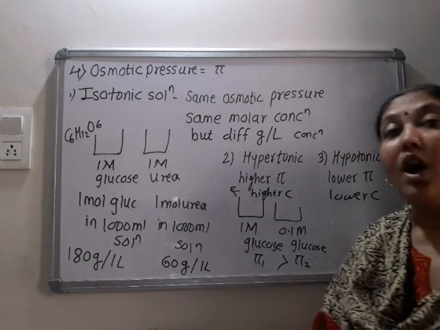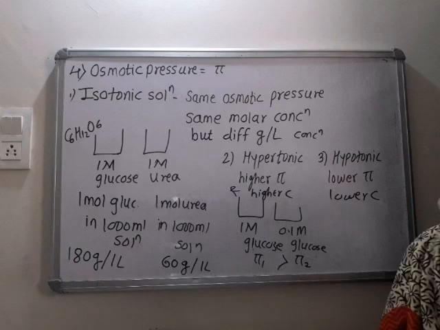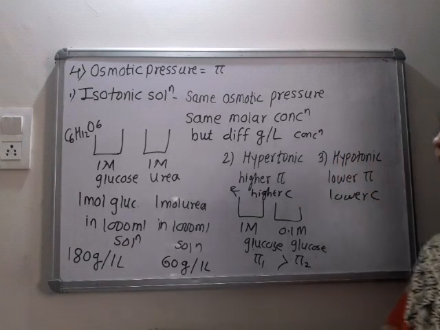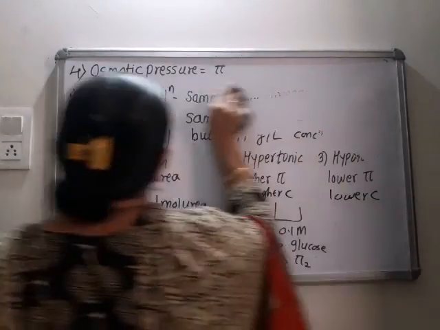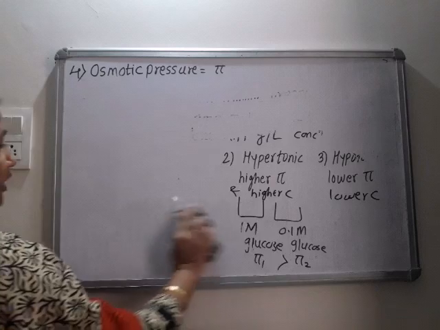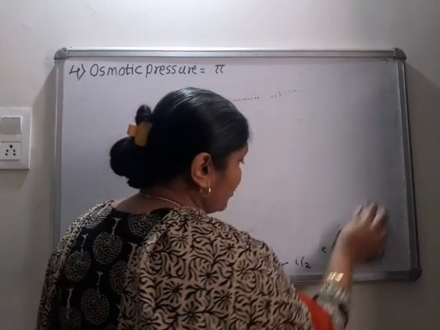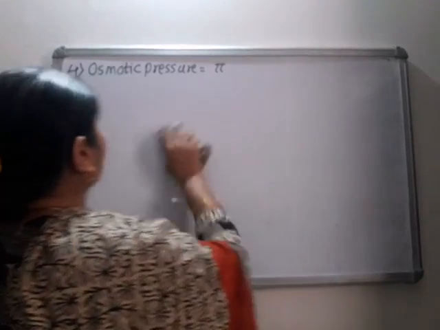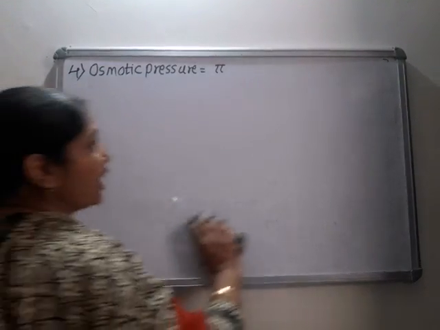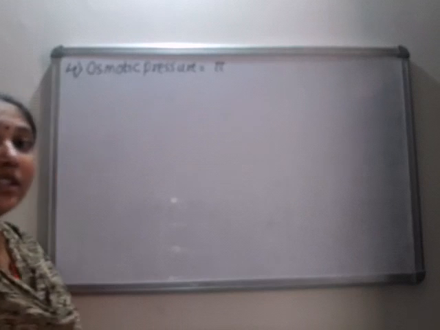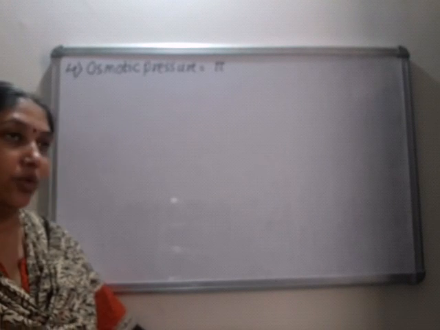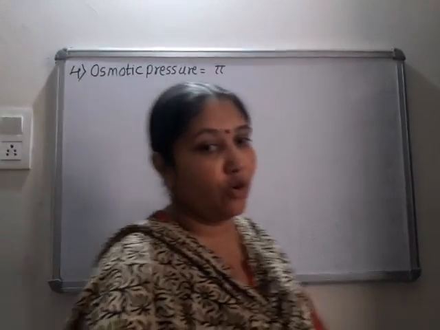Okay, now how this osmotic pressure is used to find the molar mass of solute, that we will discuss. Every colligative property is used to find the molar mass of solute. It is said that this method is the best among all the 4 methods to find molar mass of solute. Precisely, it gives us the molar mass of solute. So this is a good method. How to find molar mass of solute?